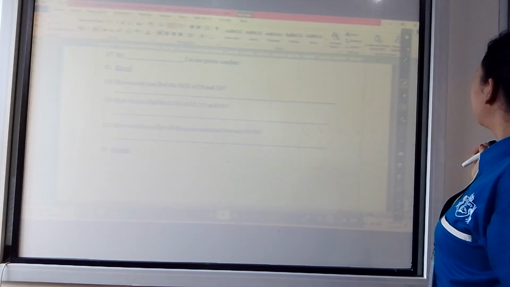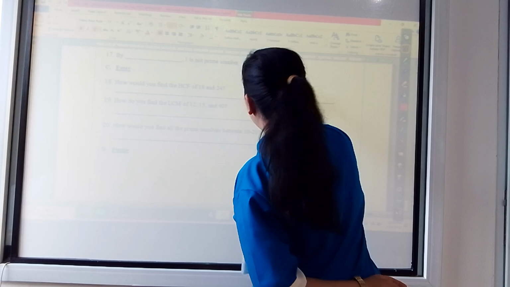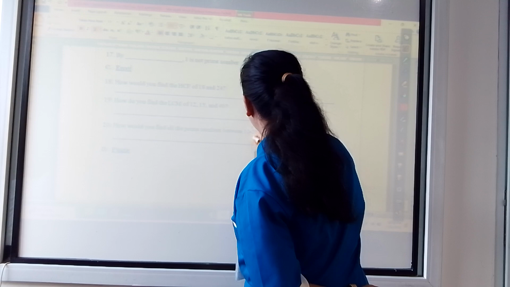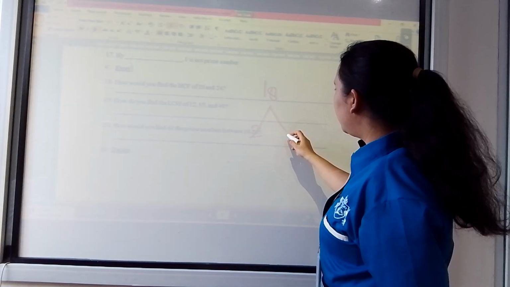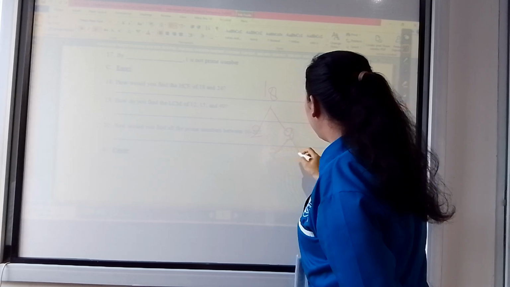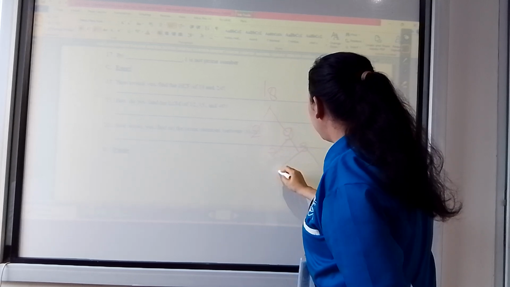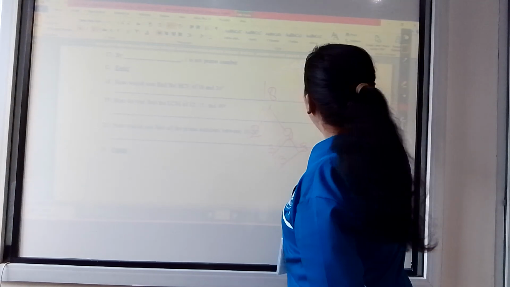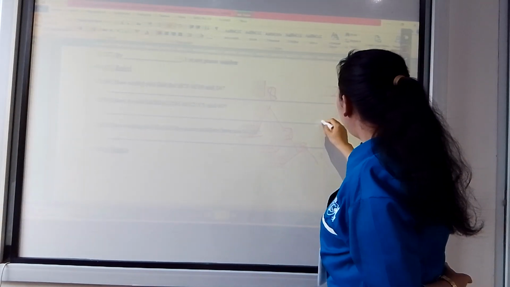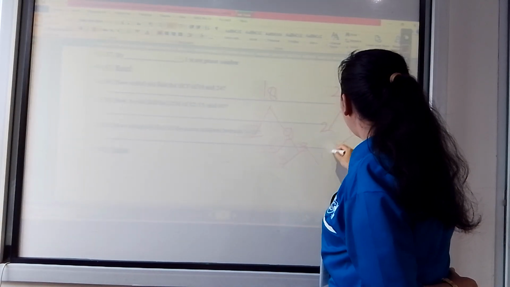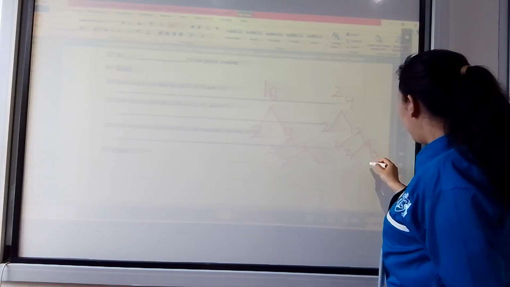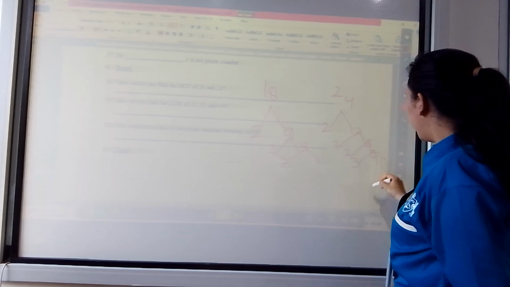Okay, so an example 18, we make this one like this first, and then we divide by 2. We find the factor, right? 18 divided by 2 is 9, and then we divide again by 3, and then this one 3, and then we divide again by 3, so the answer is 1. And then how about 24? 24, we divide by 2, it is 12, and then we divide it by 2 again, it is 6. We divide it by 2, this is 3. We divide it by 3, this is 1.